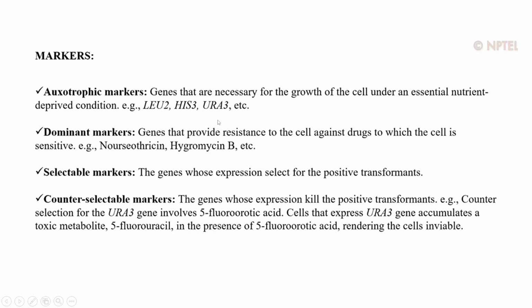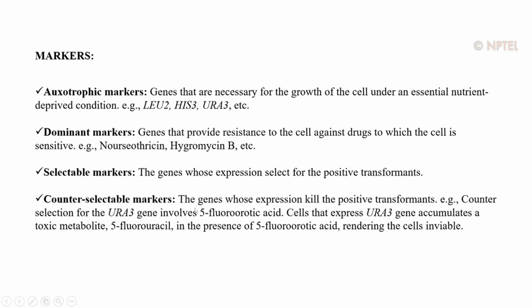Okay, so for example, if there are two strains, and both strains contain URA3, but in one strain there is a cloned sequence which disrupts the URA3 gene. So in that strain the URA3 gene is not active, because the insert DNA used in the cloning disrupts URA3. In the other strain, because the insert is not there, the URA3 is active.